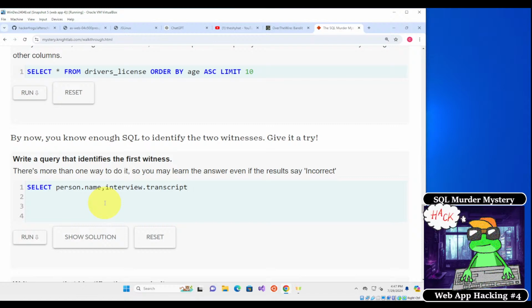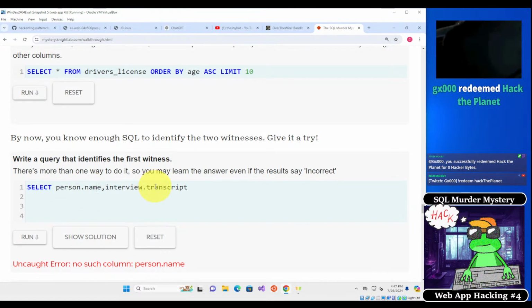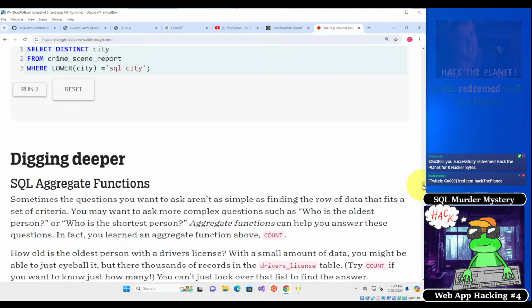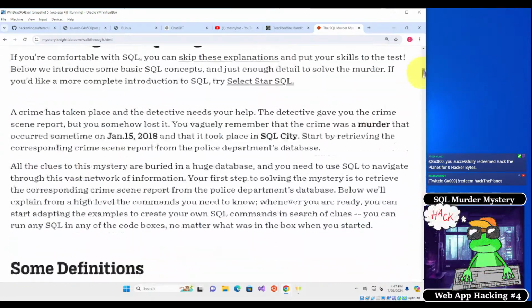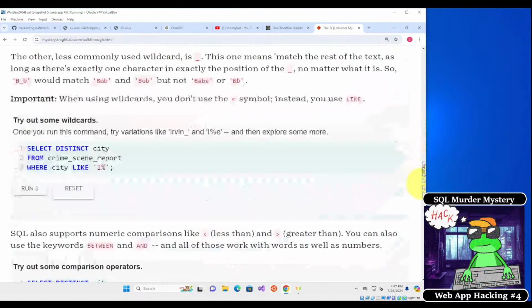And we need to join these. No such column person.name. Wait, is there no such column person.name? Hack the planet indeed. Let me take a look at the names on here. Person.name does exist. I don't know why it's